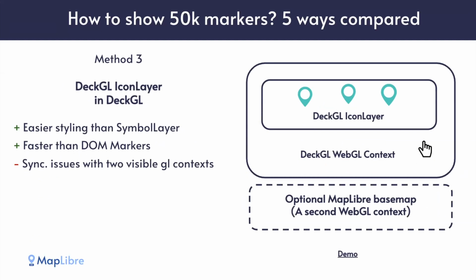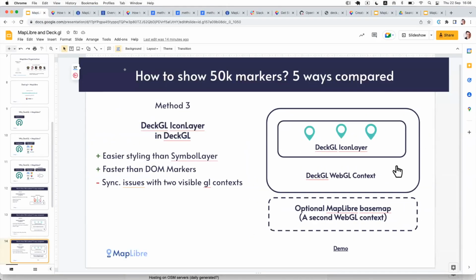The typical example, which is recommended by Deck.gl, is to use the Deck.gl icon layer inside of a Deck.gl WebGL context, and then synchronize the two contexts with the MapLibre base map. So with the approach of base map independence, you have basically base map rendering and Deck.gl rendering, and you combine it together. This is definitely faster than DOM markers and easier for styling because of Deck.gl's great, powerful features around that. But you still have issues with the speed, and there is the synchronization of the